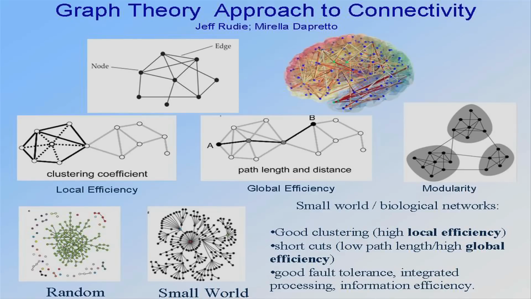And so those kinds of biological networks are known as small world networks, and they're characterized by having hubs of activity that are connected very efficiently with one another. That's a good, nice, normal brain development that has good modularity, that clusters very nicely, but that also can communicate quickly over long distances. So Jeff Rudy, who's now getting the MD portion of his PhD, has looked at some